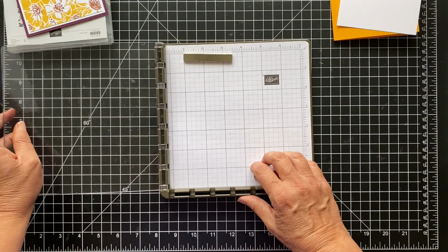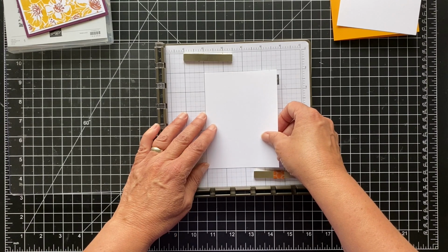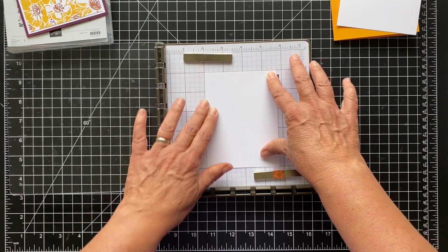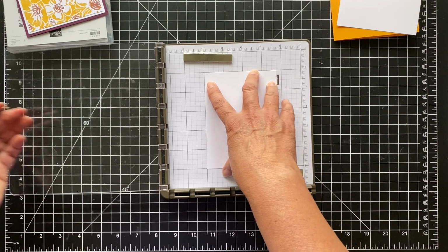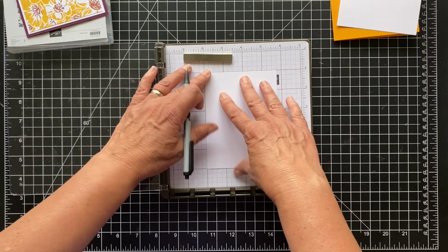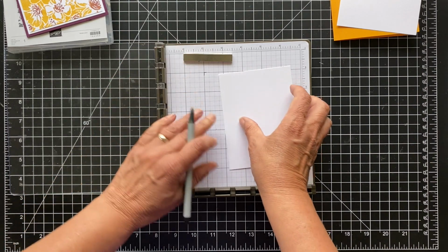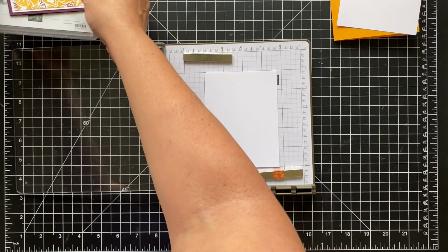So if you just lay it out, and I'm only going to stamp it once this time because of the way I'm stamping it, but typically you lay it down, you put your magnets on it to hold it in place. If you're using a background stamp, though, you can't really use the magnets because you'll interfere with the actual stamping. So I'm just going to put a little mark that this is the corner I'm laying this in. And then you're going to take your stamp,